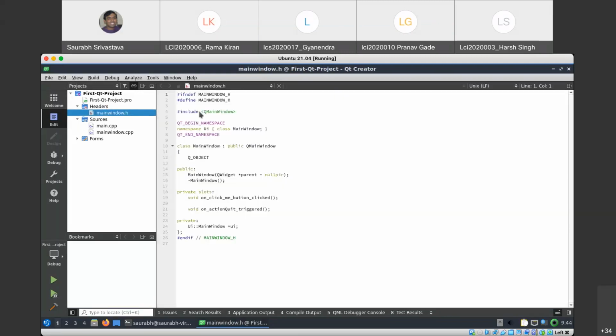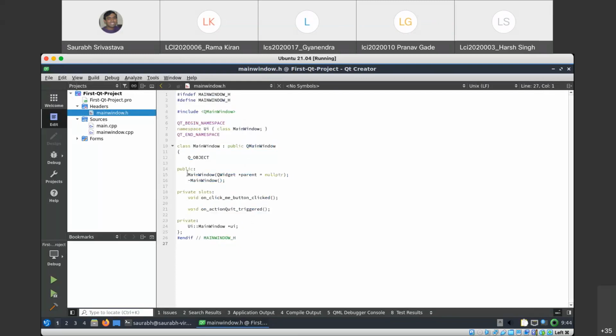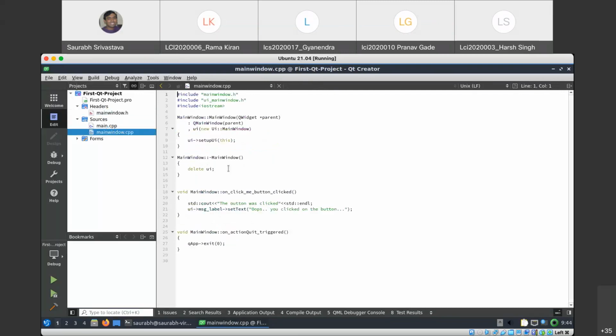So this looks very similar to the kind of header files we've been creating all this while, right? It basically just has some declarations, public, private, so on and so forth. Then you have this CPP file where you are just providing some definitions for these header files.